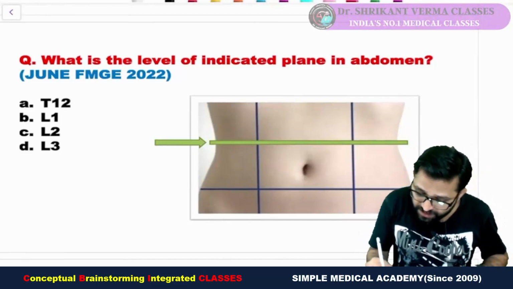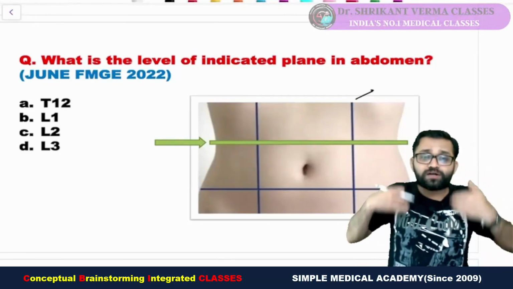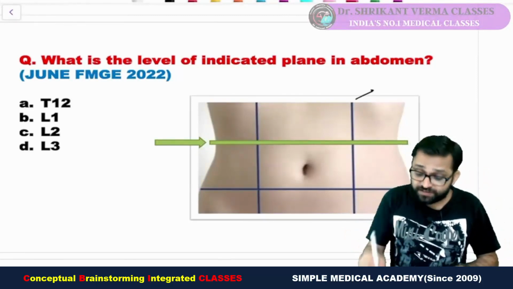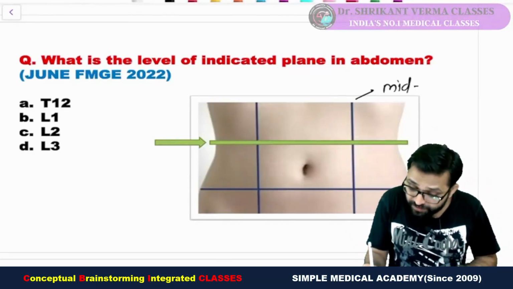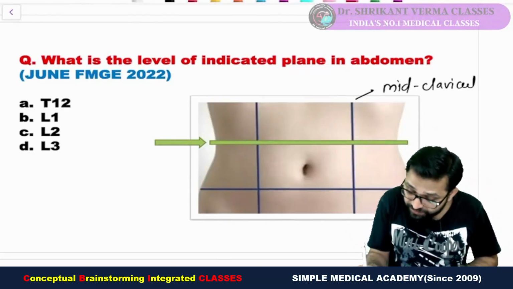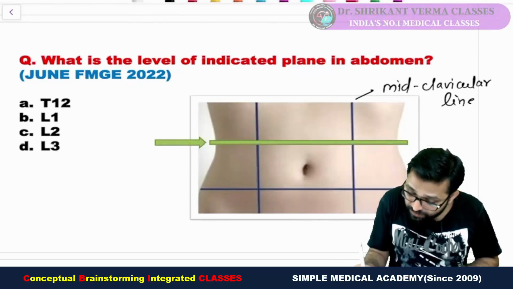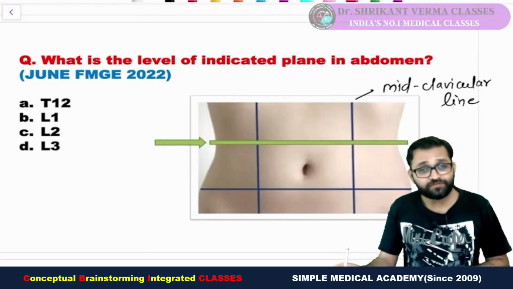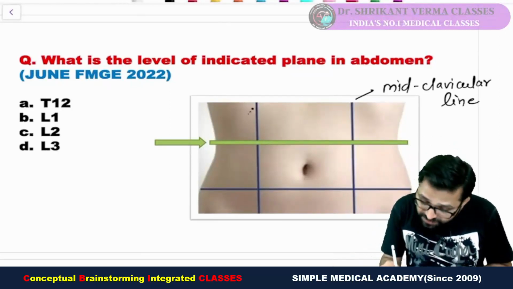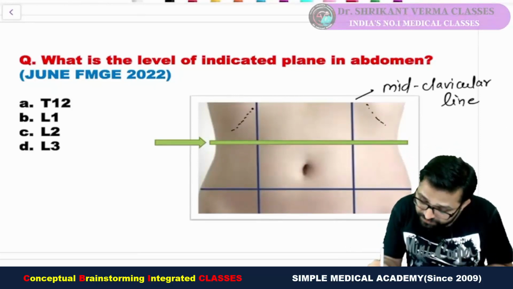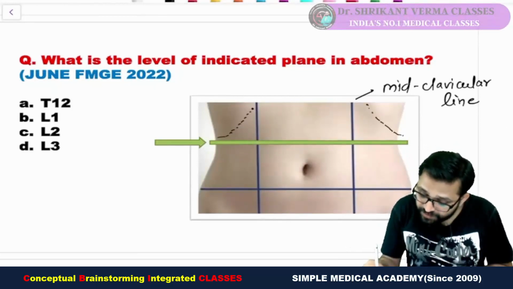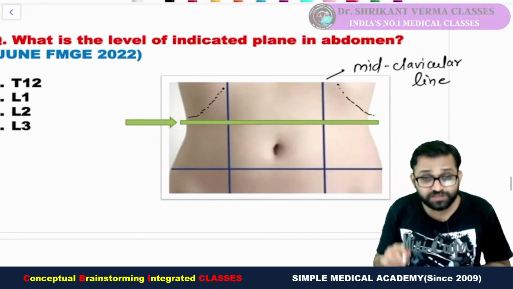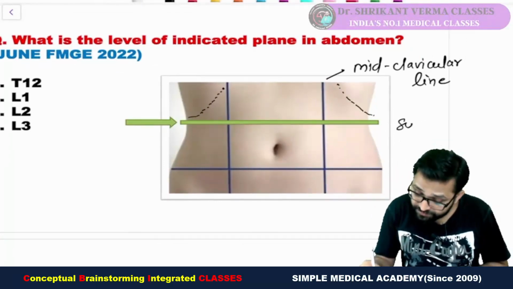Yes, these are our 2 vertical lines which are passing through the mid-clavicle part. So these are the mid-clavicular lines. Getting the point? Fine. Can you see? This is the margin of the rib. So this is our, yes,